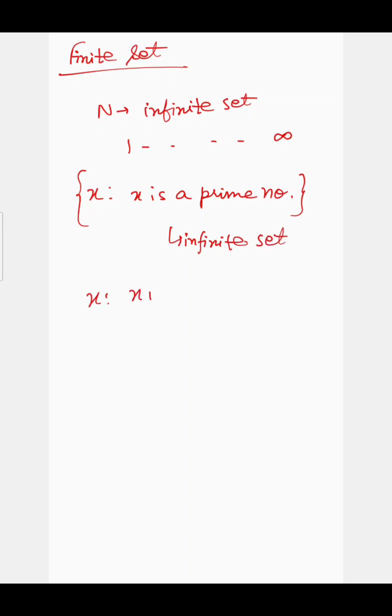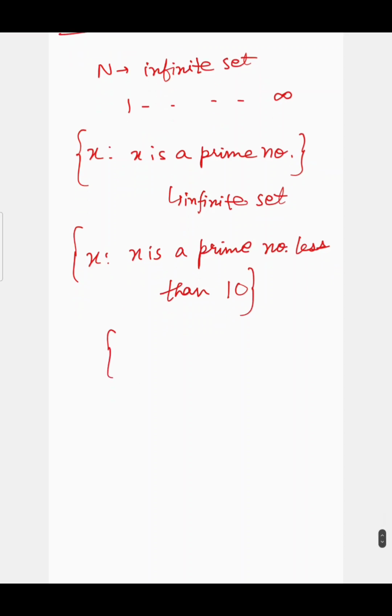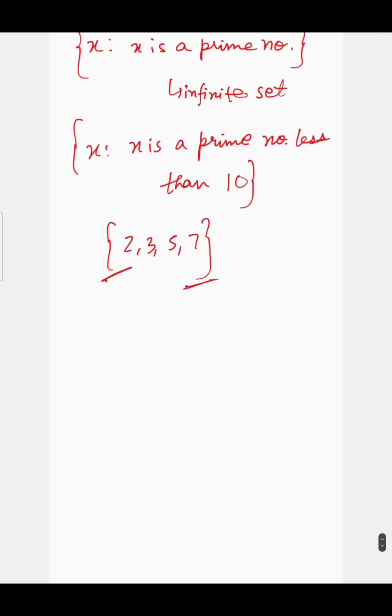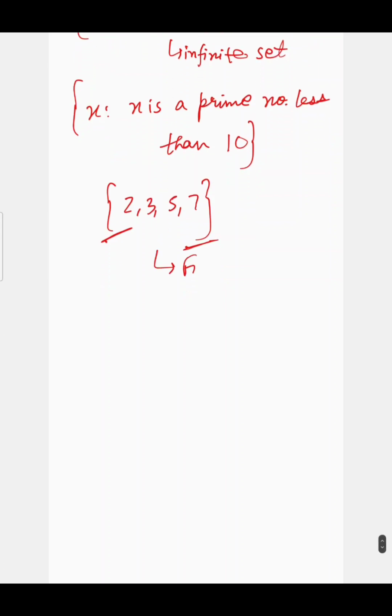But this one, prime number less than 10। अब इसका आंसर क्या होने वाला है? What will be the answer? 2 3 5 7, that's it. ये चार एलिमेंट्स ही होने वाले हैं। तो एक जगह ये शुरू हो रहा है और एक जगह ये खत्म हो रहा है, ठीक है ना? तो ये हो गया एक फाइनाइट सेट।